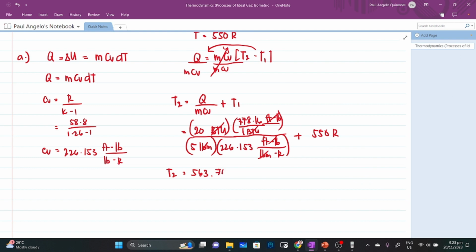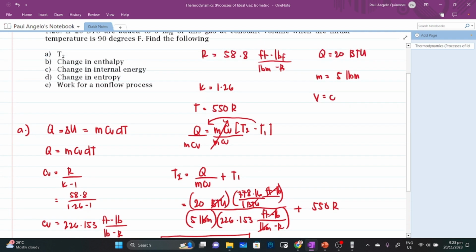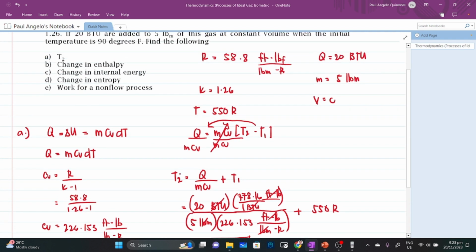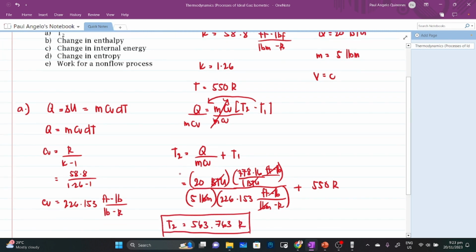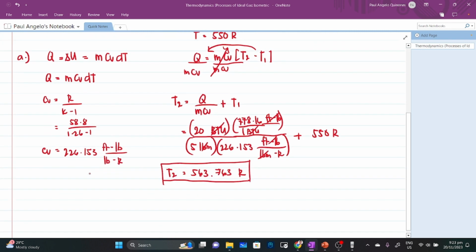So 763 Rankine. Okay, so we already solved for T sub 2. Next, we are asked to solve for the change in enthalpy. So how are we going to solve for it? That is letter B. We need to solve for the change in enthalpy. As I've said before, this is absolute, wherein